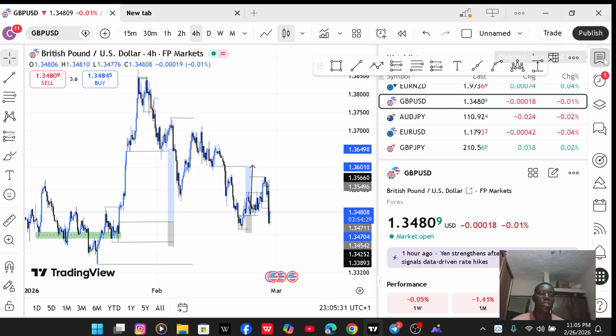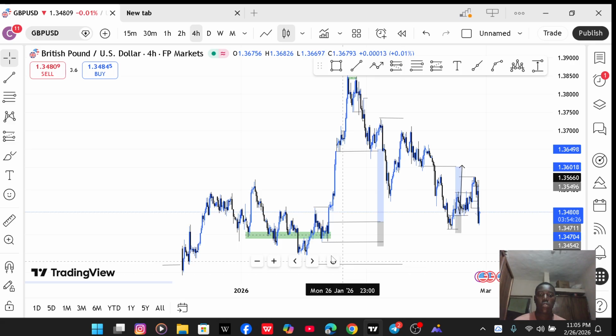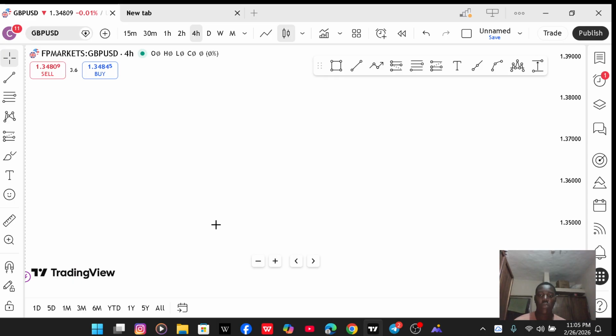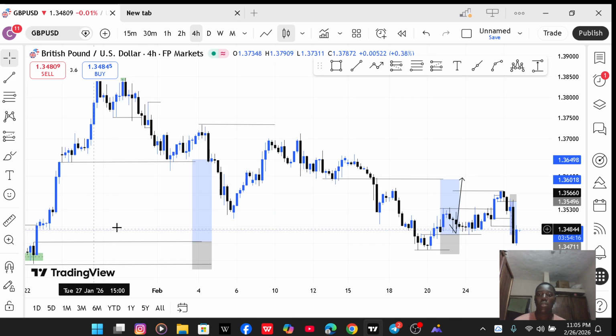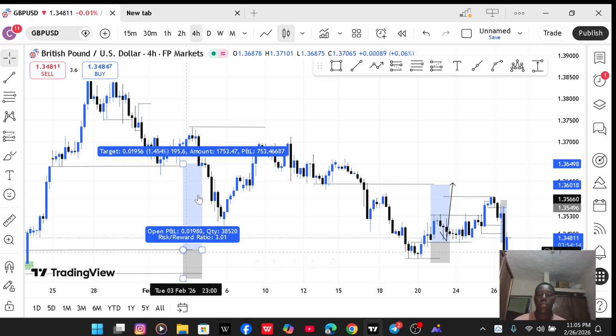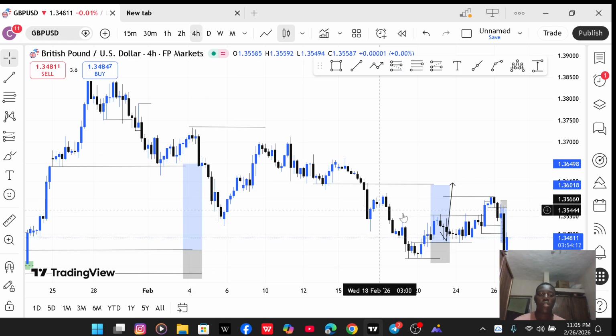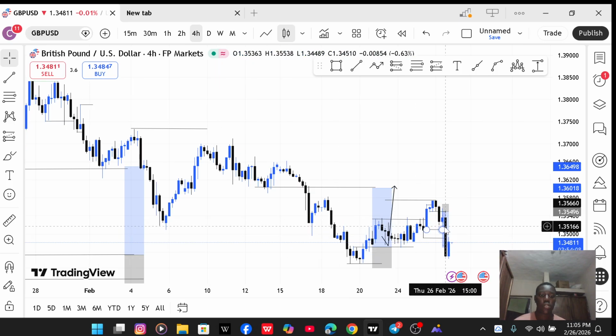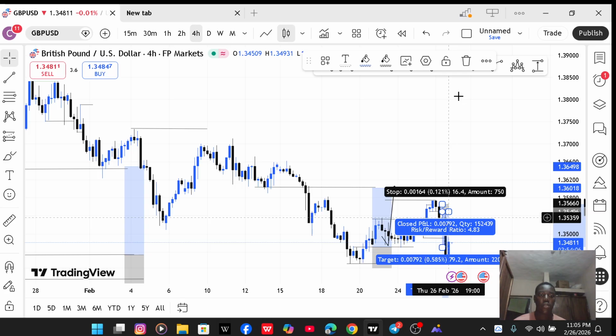So this is the trade here. Let me zoom it out. This was my main POI and this was the confirmation entry. Let me delete this. It was in my study this evening that I found out why the market did like